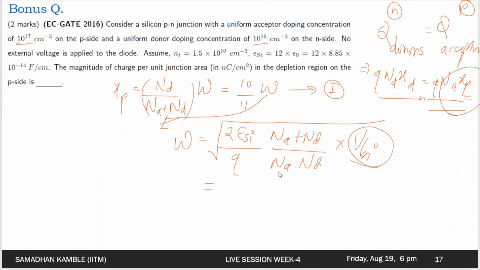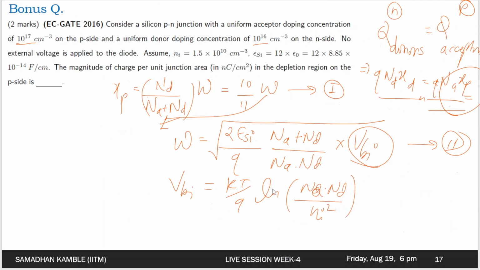We know that the built-in potential is given as kT over q ln of Na times Nd over ni square. So we can find the built-in potential, and we get the value as 0.754 volt. If you substitute the value of built-in potential in equation number 2 for the total depletion width, you will get